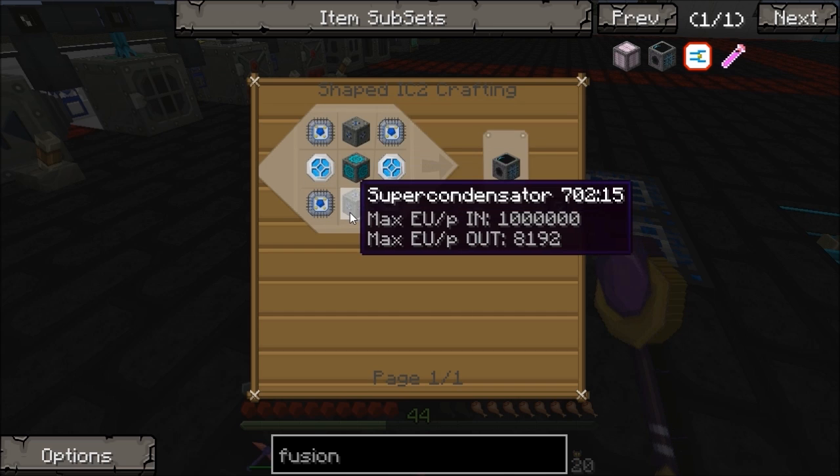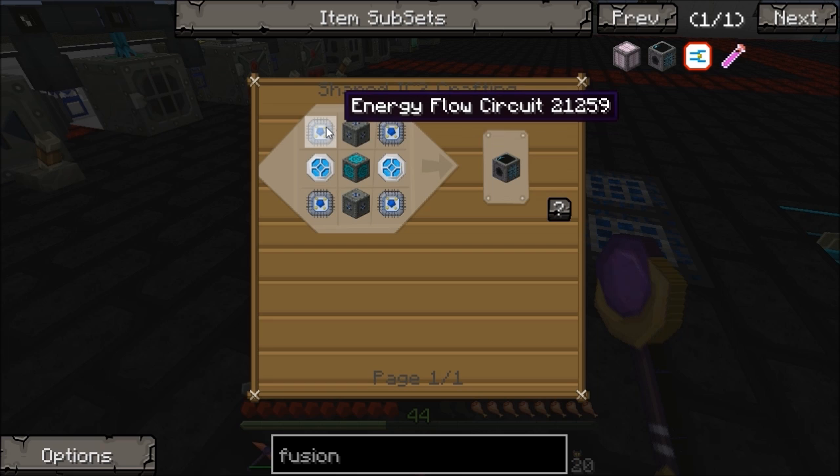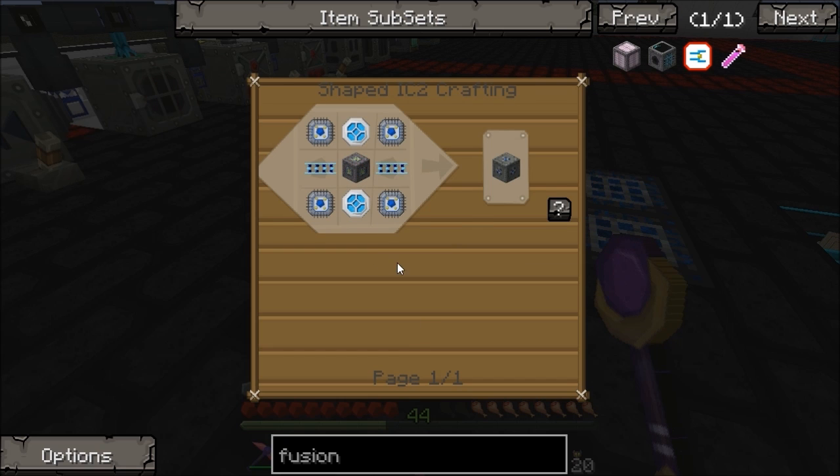We've made everything on here up to now apart from the super condensators. You need 2 of them for this. We made the GregTech computer cube already, and energy flow circuits and Lapotron energy orbs. We've made all of them. So the only new thing there is the super condensator. If we look at that,